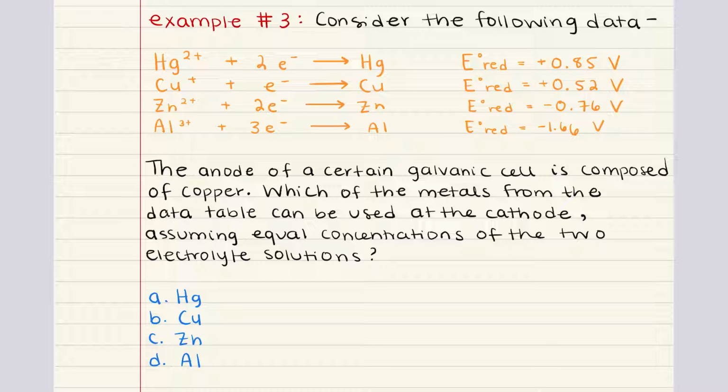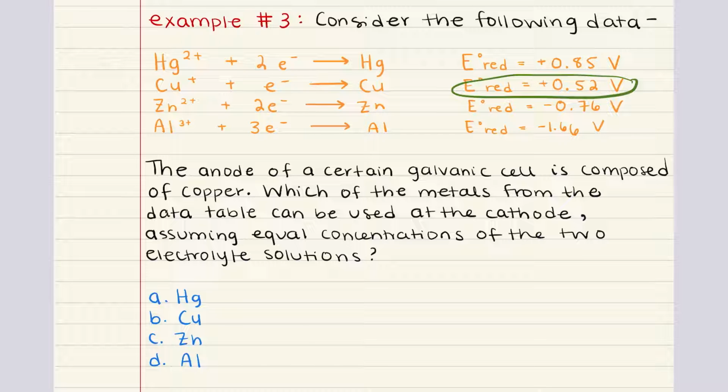reduced. Now here in this galvanic cell, we're told that the anode is made out of copper, and that means that the anode is going to be oxidized. For a spontaneous reaction in a galvanic cell, the overall cell potential must be positive. This means that the reduction potential of the cathode material must be more positive than the oxidation potential of the anode material. Since the anode is copper with an oxidation potential of 0.52 volts, the cathode needs to have a reduction potential that is greater than that to ensure a positive cell